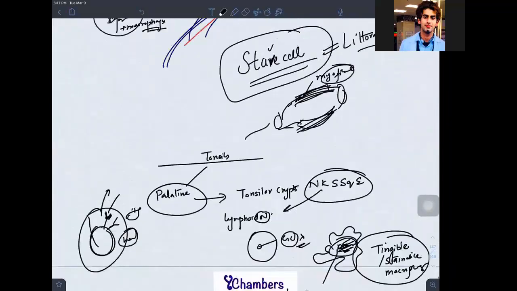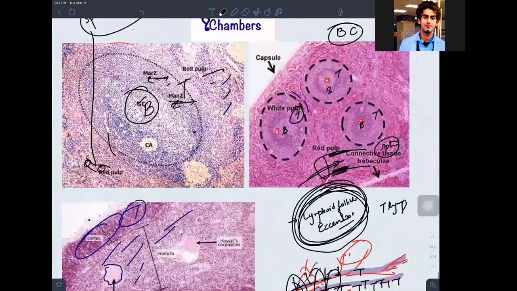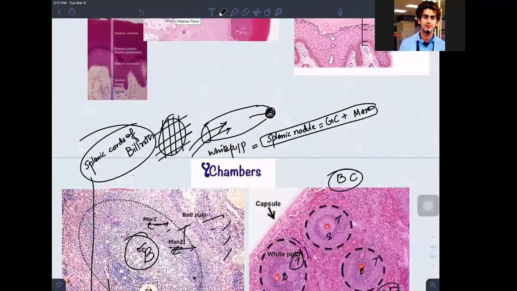So I hope you have understood the lecture on the lymphoid system. This is all you had to read from the first year point of view. I have tried to relate everything in concepts. Please have a rapid revision. Surf the net and search some images so that you get a good hold of this concept. It is better if you see many histological images again and again so that you can recognize them in the exam, be it AIIMS, USMLE or PLAB. So I hope you understood this lecture, and this is all for today.